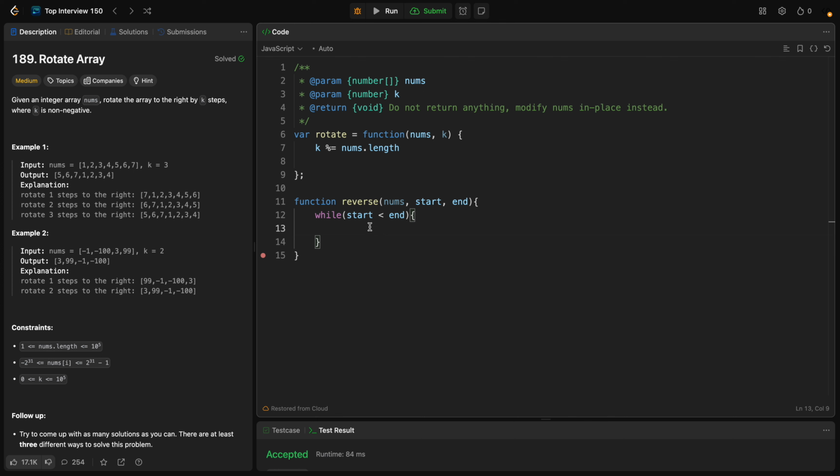So say I have let temp equals nums of start, nums of start equals nums of end, and nums of end will equal temp. By this one we did rotate. We will just take start plus plus and end minus minus,